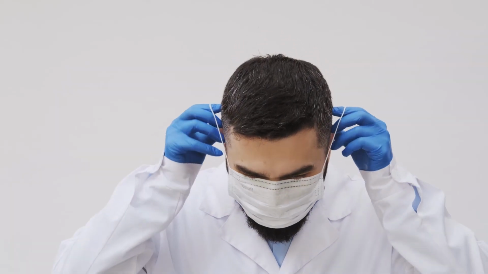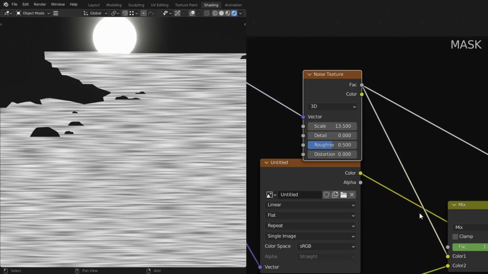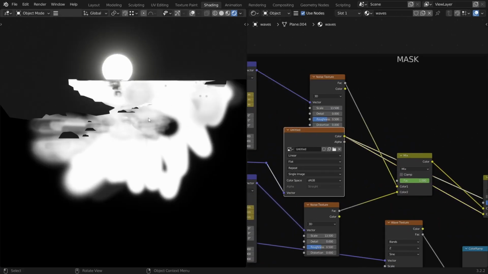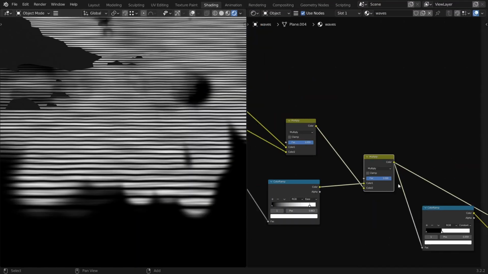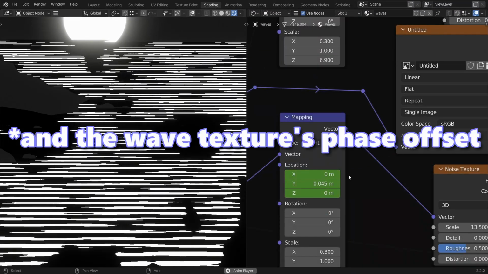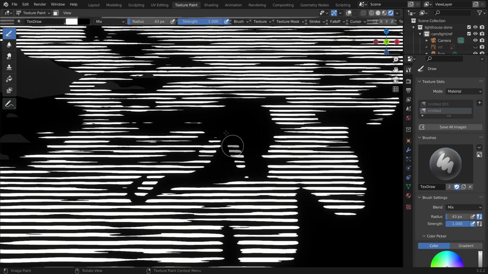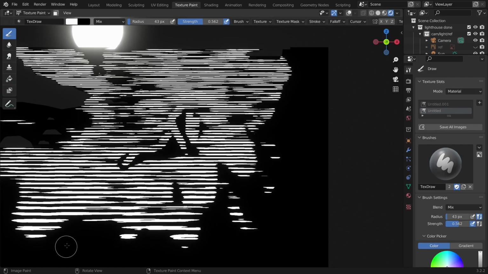Let's continue with the mask. I started with a stretched noise texture, multiplied it with a hand-painted mask and with this wave texture. Then I added a color ramp to customize its look. I animated the noise to get this cool effect. The hand-painted texture is really powerful because you can paint the waves where you want them to appear or erase